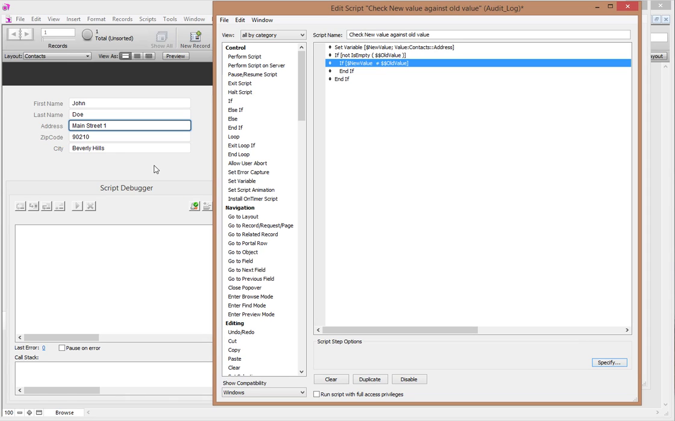And we need to store all those values, like the field name, the old value and the new value. And we need to ask for a reason as well. The way we could do that is to just go to the audit log table, but we're just going to stay on this layout, and we're just going to use the Go to